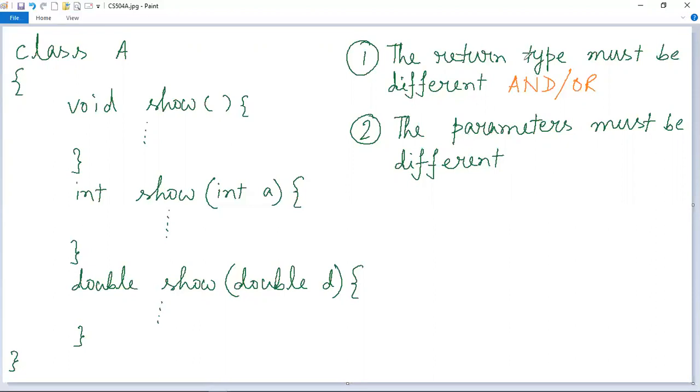That means if we depend on the return type only, then it may be possible that the two methods which should give you two different outputs are not working as two different methods. That means the compiler cannot differentiate between the two methods because only the return types are different, but the parameters are same. Say for example, if I don't write here int a,